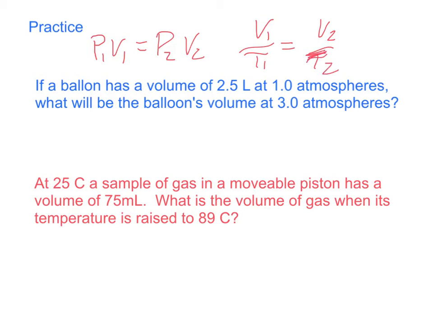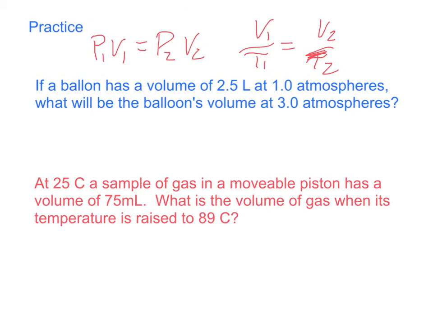So our first problem is, if we have a balloon and it has a volume of 2.5 liters at 1 atmosphere, what will be the balloon's volume at 3 atmospheres? So we have two different sets. We have our initial conditions, V1 and P1, and then we have our second set, V2 and P2. So the first thing we have to decide is which one of those relationships we want to use here. We need volume and pressure,